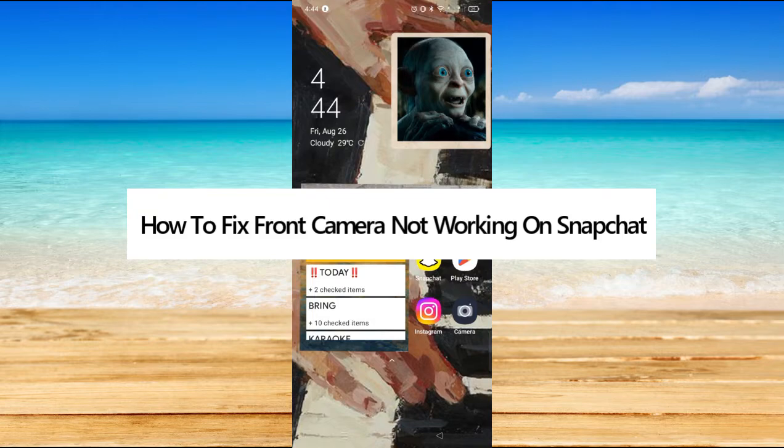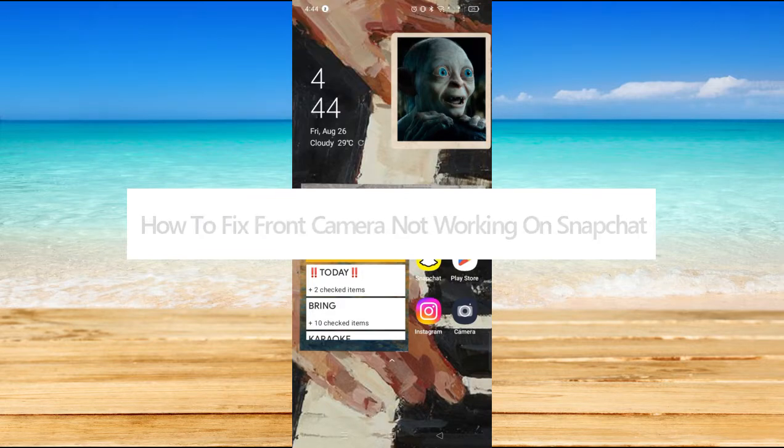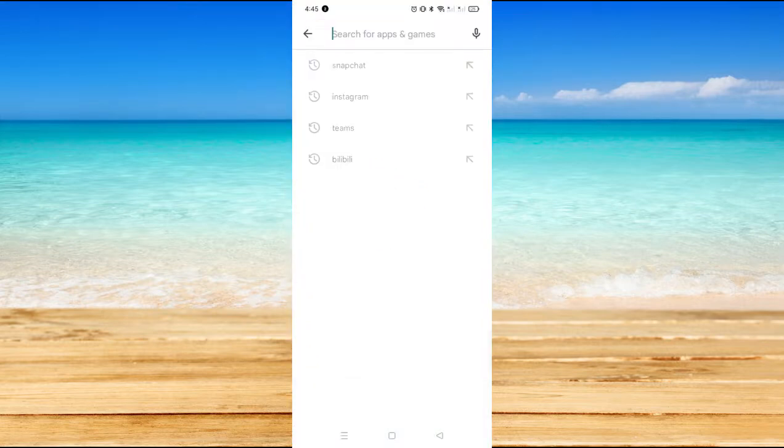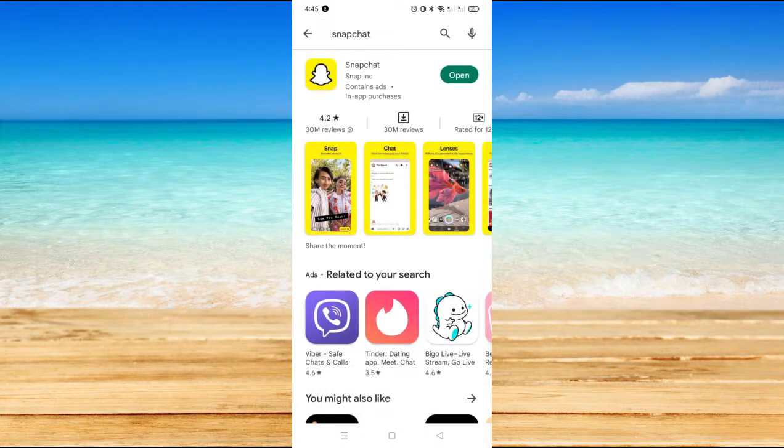Hi, for today we are back again to our quick and easy video tutorial on how to fix camera access problem on Snapchat. So first, you have to make sure that your Snapchat application is updated. So all you have to do is go to your Play Store and type in Snapchat. Now,